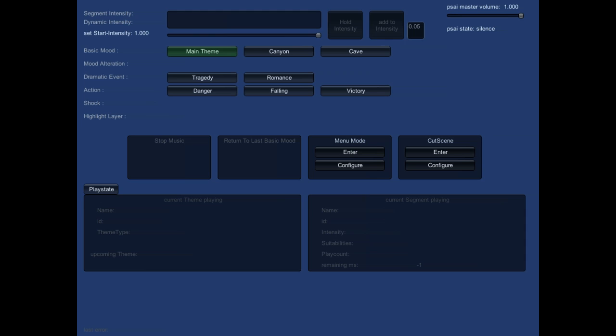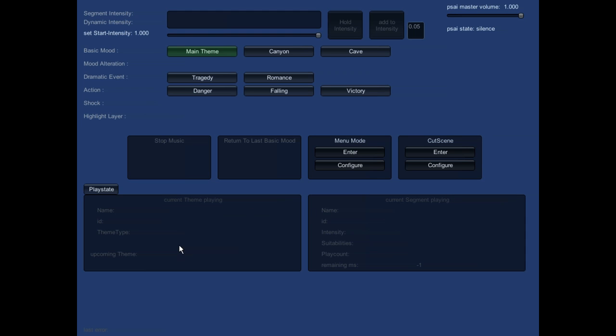platforms. So this is a GUI I made in Unity where you can play around with Psai and test your soundtracks. Each of these buttons is mapped to a single call to Psai's API, and many of the buttons actually call the same methods, just with different parameters. So in most cases you only need 2 or 3 different methods to control playback at runtime, because most of the work is already done in our authoring tool called the Psai editor, which I can hopefully present to you in